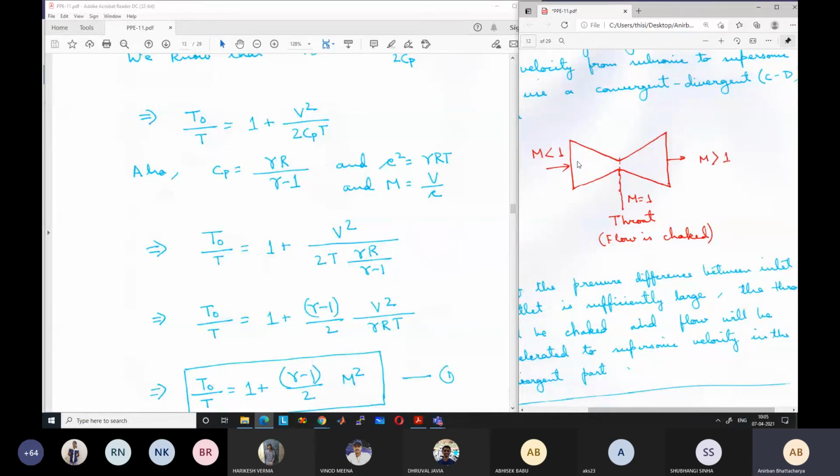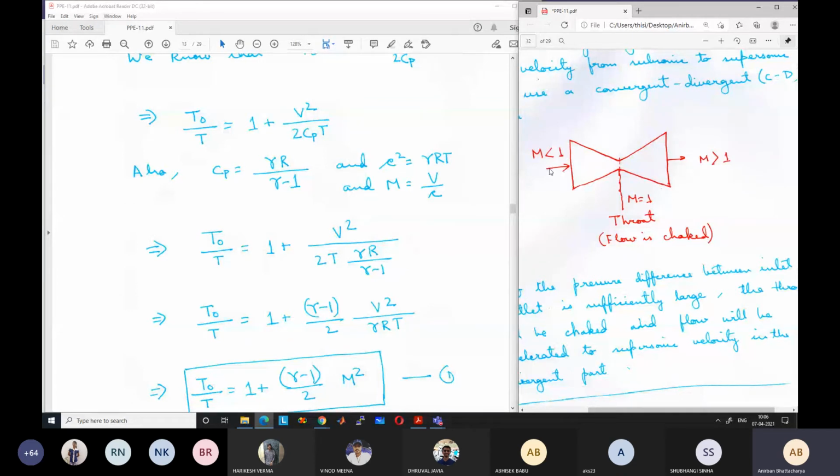And once you know the stagnation temperature at the inlet, and we know the stagnation temperature remains constant along the entire nozzle, we can know the stagnation temperature everywhere in the nozzle, right? So if it is say 500 Kelvin, everywhere it has to be 500 Kelvin. Even if the velocity is not zero, say 100 meter per second velocity is there in the inlet, you will know the static temperature and the velocity. You can easily calculate the stagnation temperature. T0 is equal to T plus V square by 2 Cp.